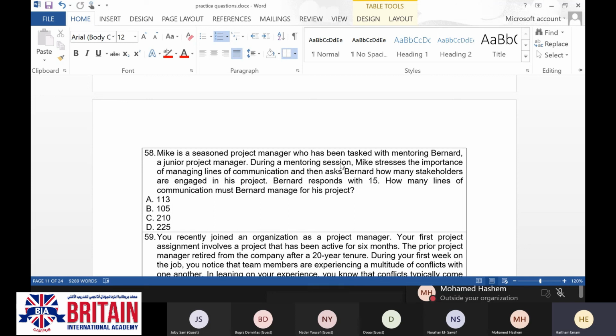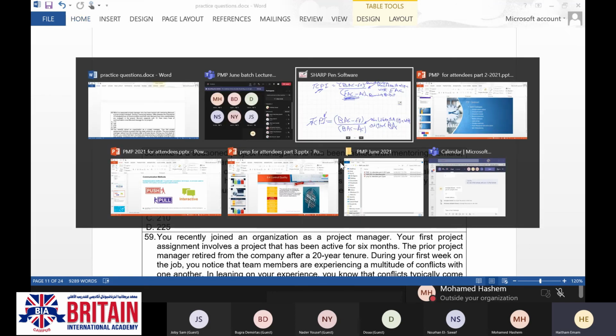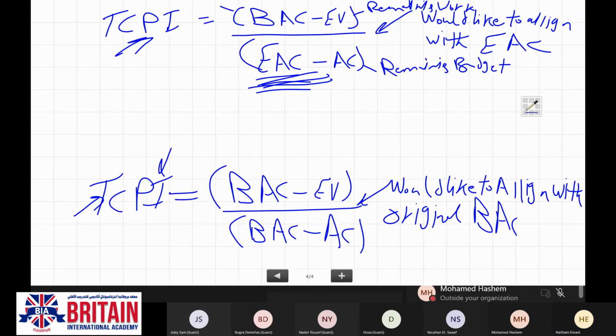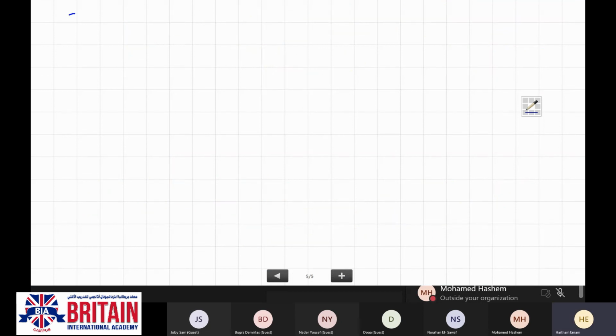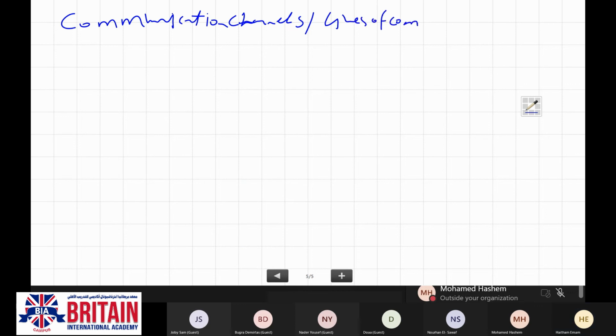The formula for finding the communication channels, or the lines of communication, is n multiplied by n minus 1, divided by 2.